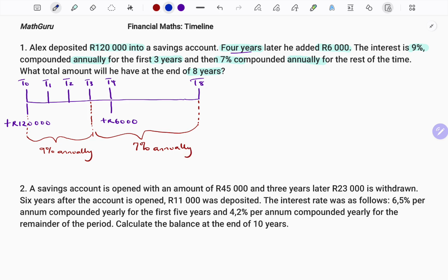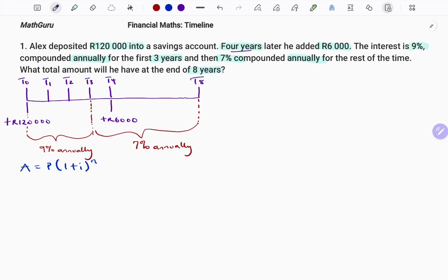I'm going to use the compound interest formula for accumulated amount. A equals P in bracket 1 plus the interest, to the power of the number of years. So therefore, to calculate the total amount, note that this is a timeline question. We have A equals, I start with the initial deposit, that's 120,000. So I'm going to show you what will happen even with a change in the interest rate. So starting with